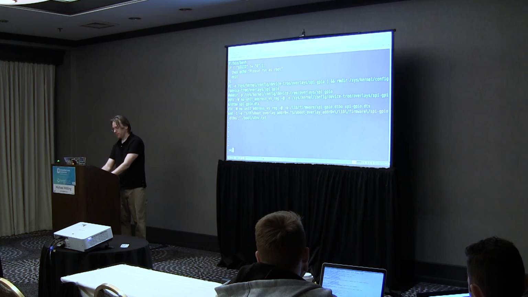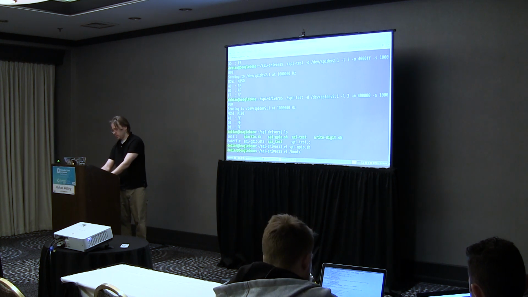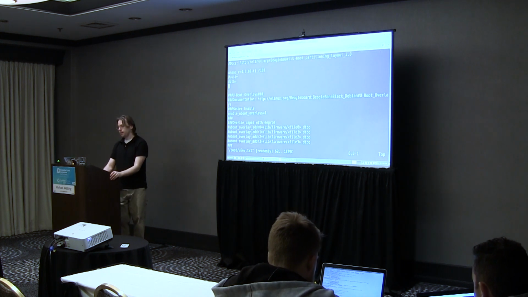So let's take a look at the boot uEnv text file to see what it looks like beforehand. /boot/uEnv.txt. Okay, and pretty recently